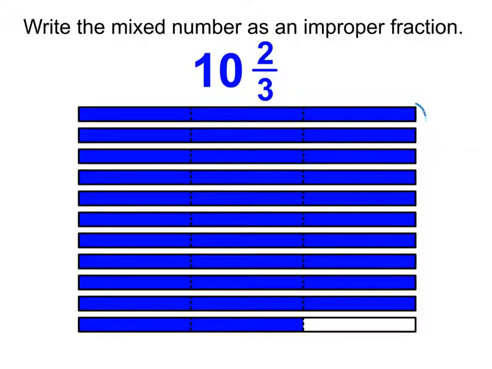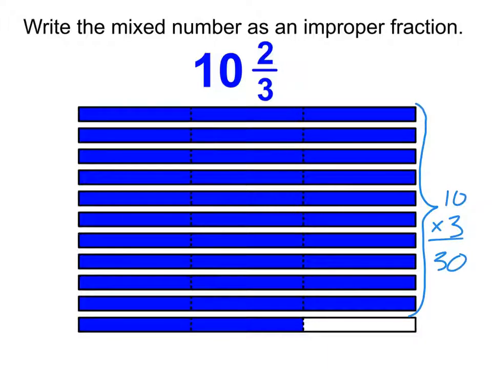that means I have a lot of whole bars. Do I really want to have to count every single one of those pieces individually? No. Do I want to have to do 3 plus 3 plus 3 all the way down? No. If I want to note how many total bars are shaded in that section there, I would just say, well, I have 10 bars, and each of those bars has 3 shaded pieces to it, so that tells me